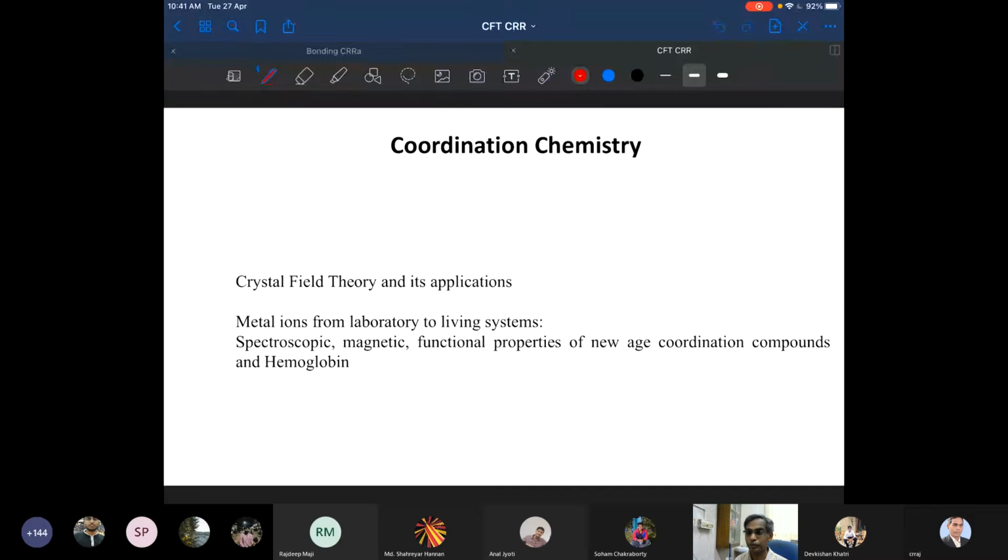Sir, crystal field theory, d2sp3 and sp3d2, and 3 types of geometries. One was octahedral, one was tetrahedral, and the other was square planar. And we know how to decide which compound will form which geometry. Okay, that is about right. Yeah, he narrated the coordination chemistry briefly. Anybody else?